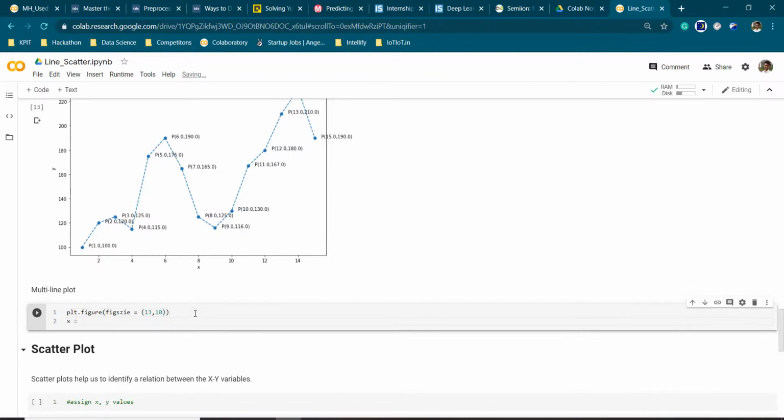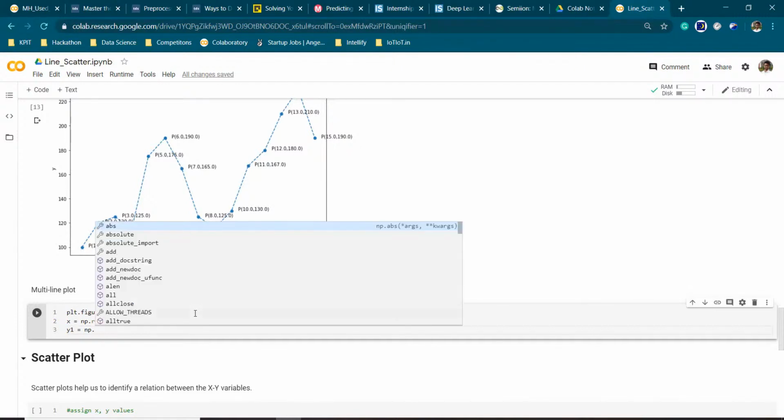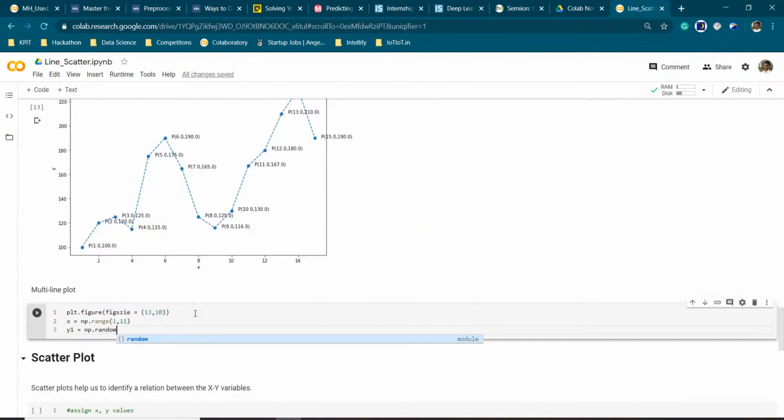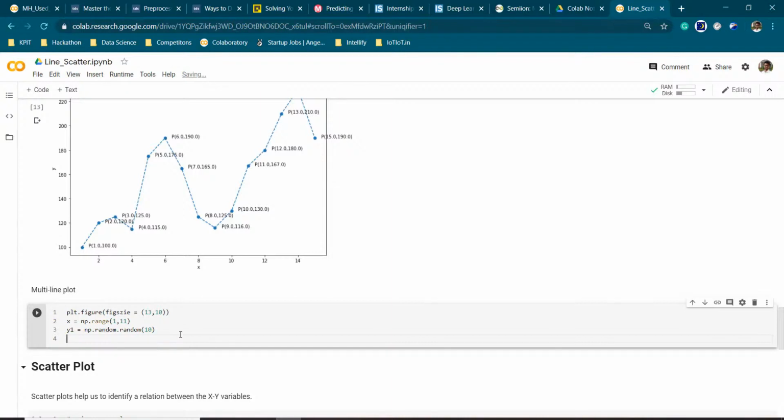Then for the x-axis we are going to have an array ranging from 1 to 10. For y1 we are going to have random values, np.random, and the values will be in the range of 10.